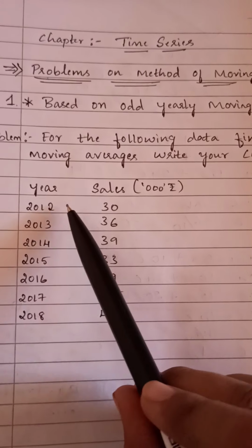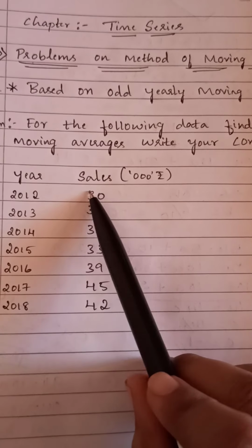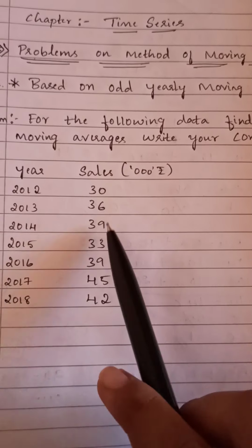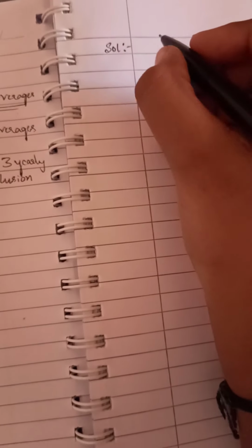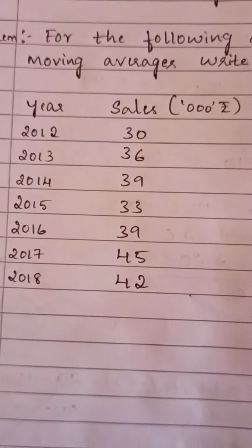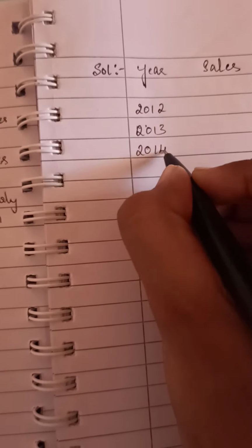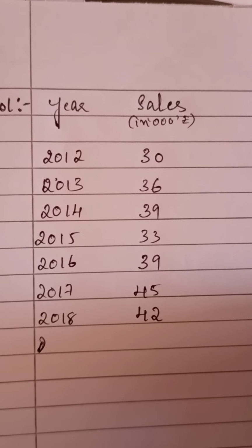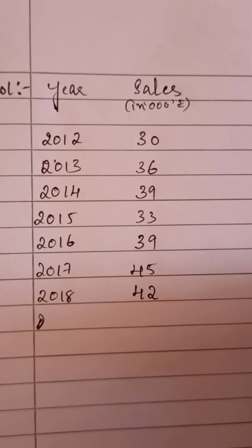They have given years and sales in thousand. No need to write 30,000 like that. They have given in thousand, 30, 36 like that. So first, in the solution you have to write the given year and sales values, as it is there. After writing years and sales, the next column will be 3 yearly moving total,